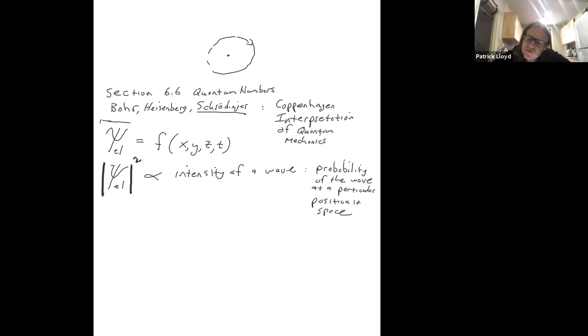So we don't need to go through the whole mathematics, it's beyond the scope of this course, but the point is, if we can somehow figure out what this psi squared is for the electron, it's going to tell us not where the electron is, but what the probability of the electron is,